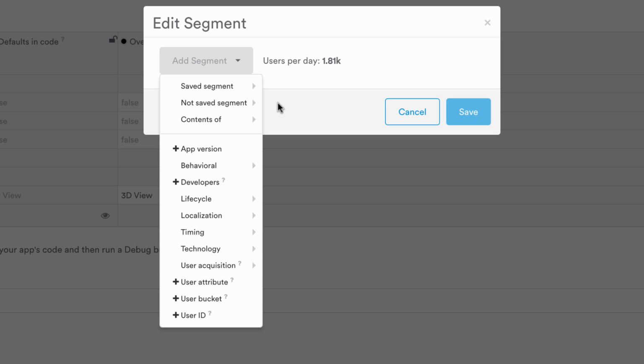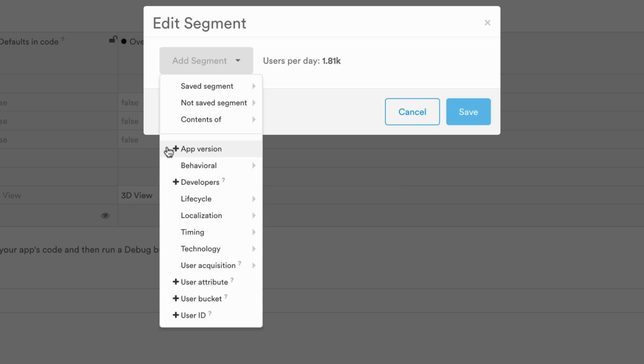As with many feature sets within Leanplum, much of the targeting and segmentation functionality comes right out of the box. Simply by having the Leanplum SDK in your application, we will pick up many of these attributes for you automatically. These out-of-the-box segments include app version, and this is the app version of your app as defined by you. Whenever a user updates their application to a new version, we will automatically pick up that value and update that